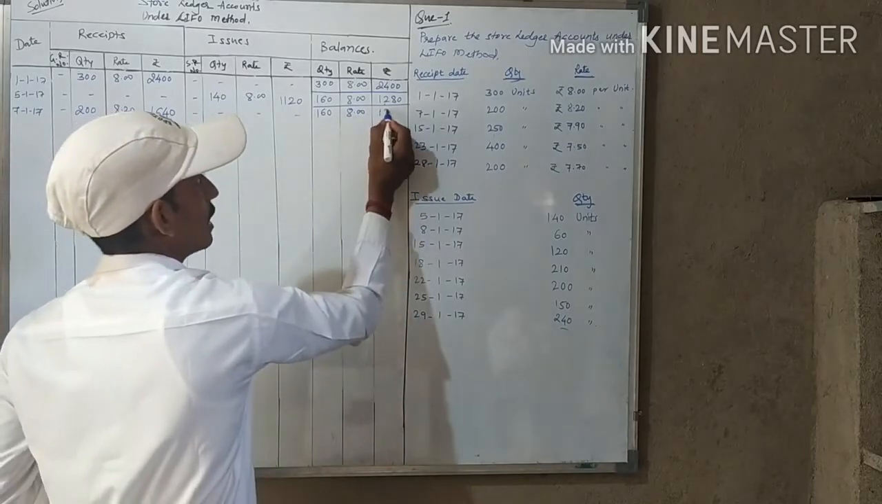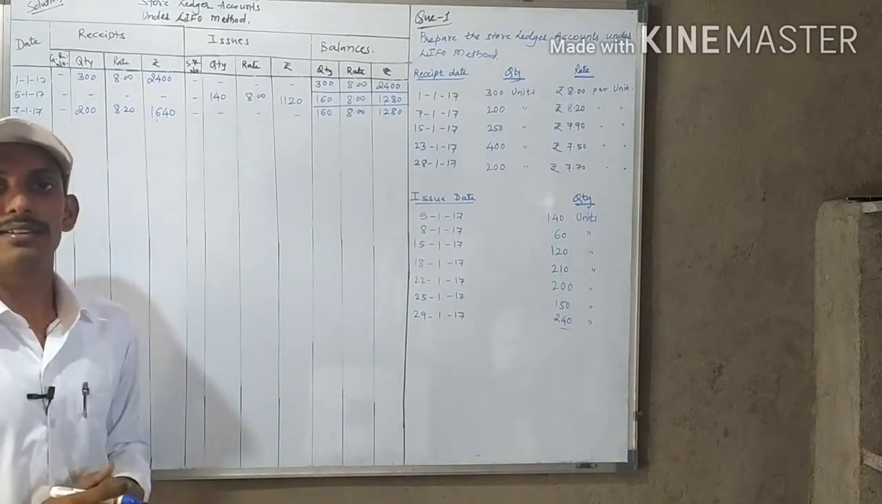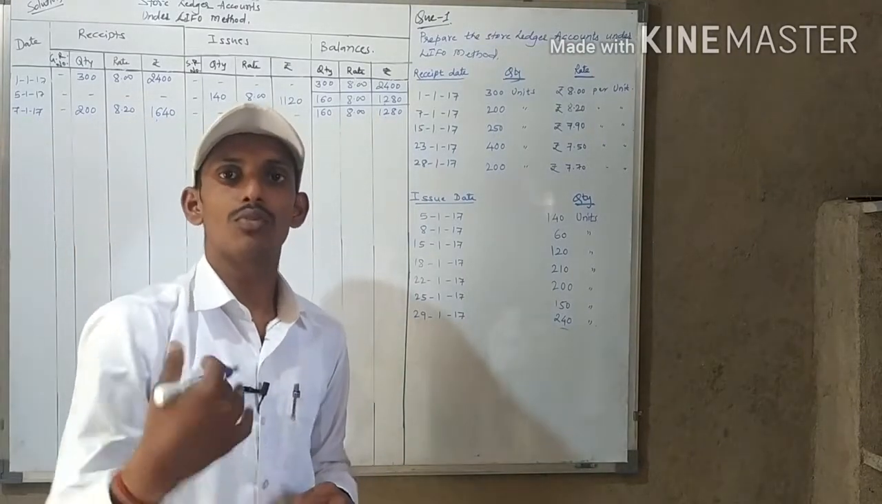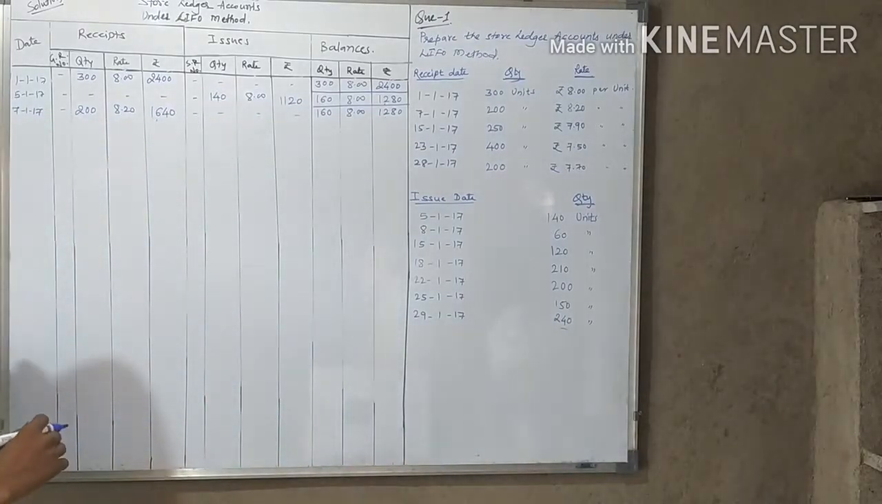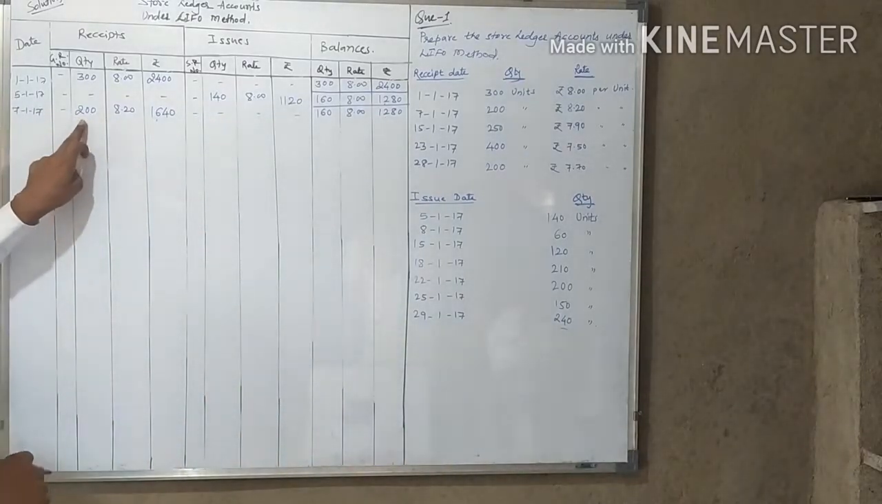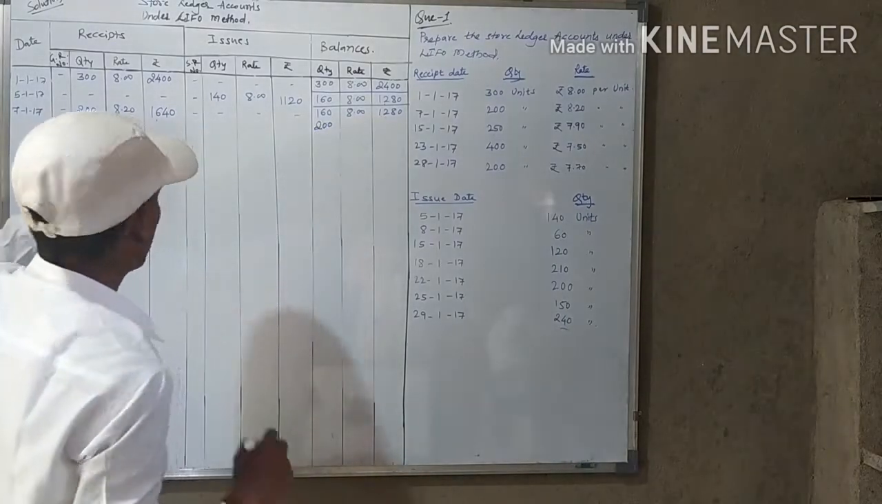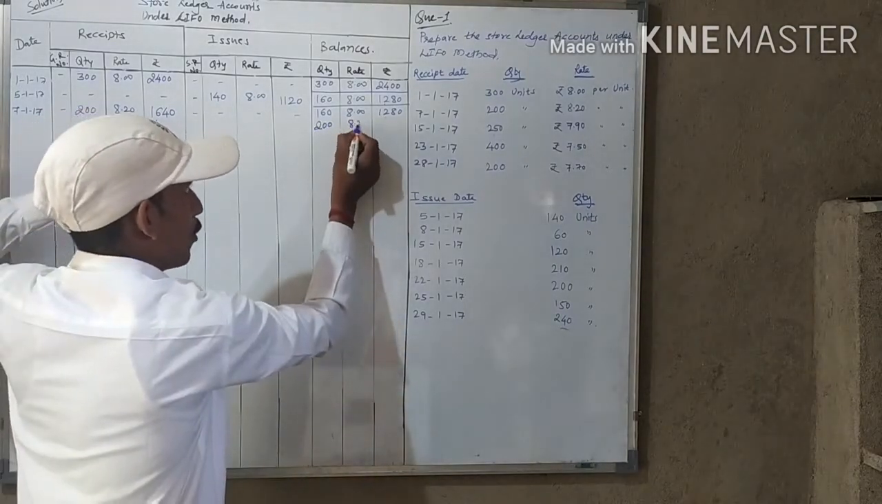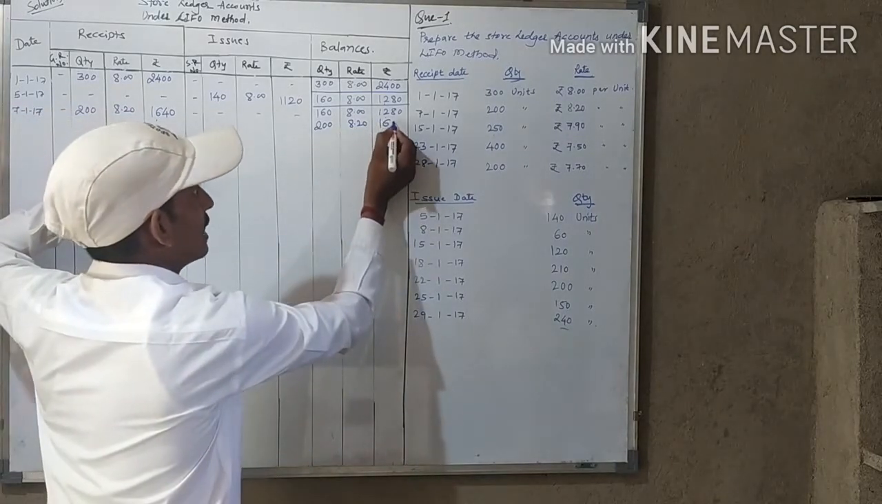So you will get total here 1280. Again, the fresh lot, the new lot, is purchased right now, on the date of 7 January 2017. How much lot have you purchased? 200 quantities you have purchased. What is the rate? Rate is 8.20. So after calculating the value, you will get here